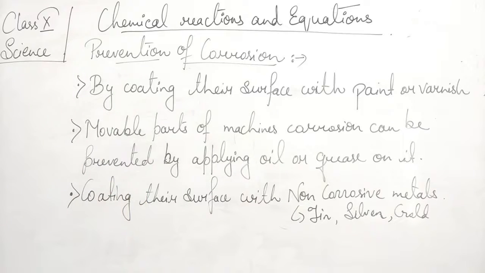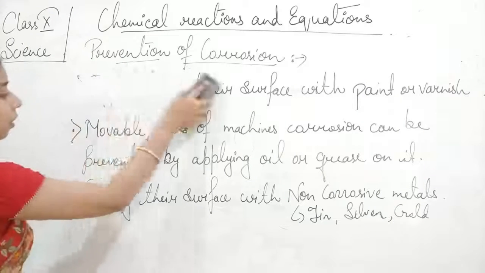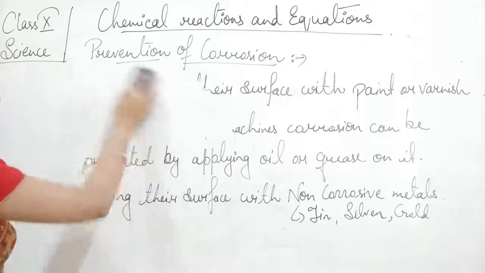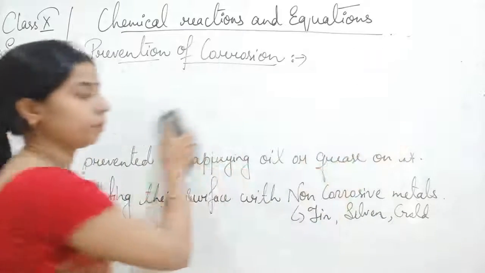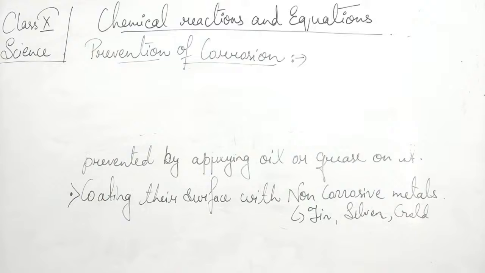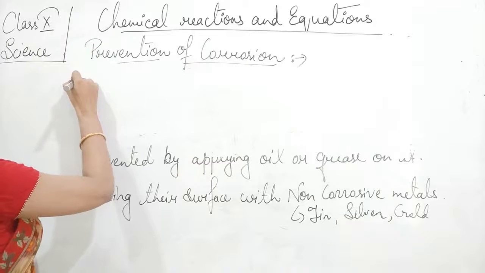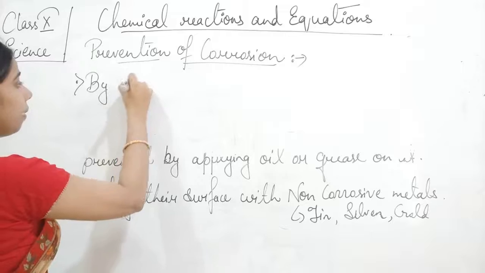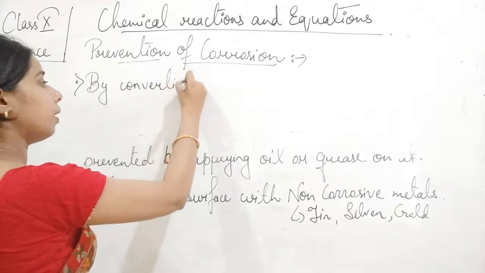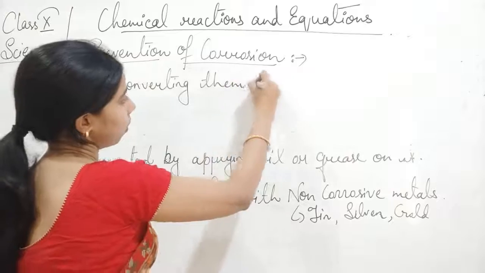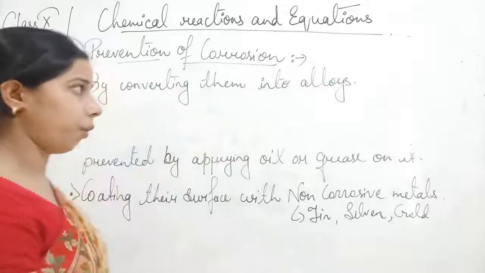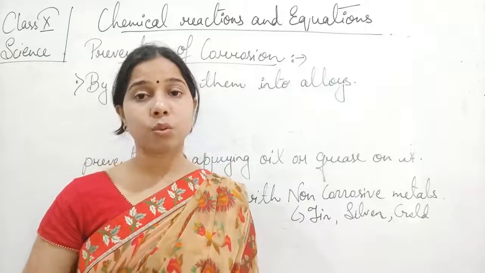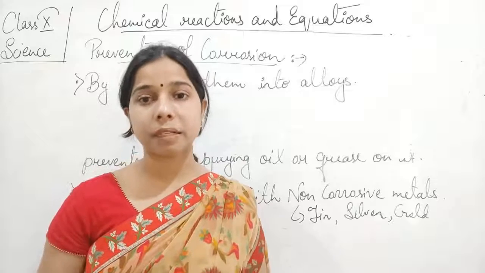Okay. Then the next one is by converting them into alloys. Alloys are what? When two or more metals combine, or a metal and a non-metal combine, this